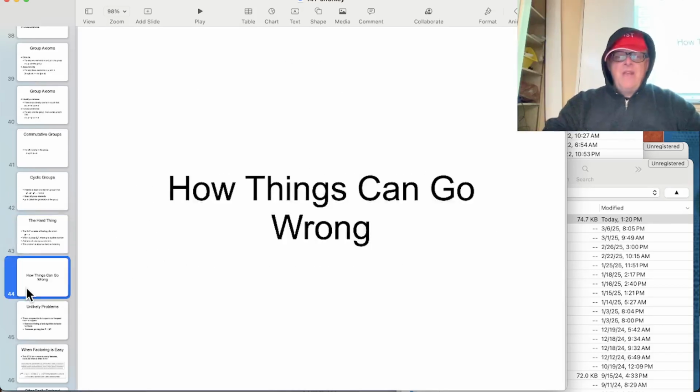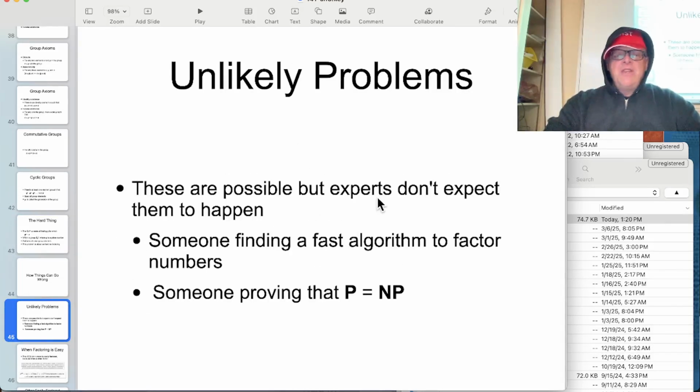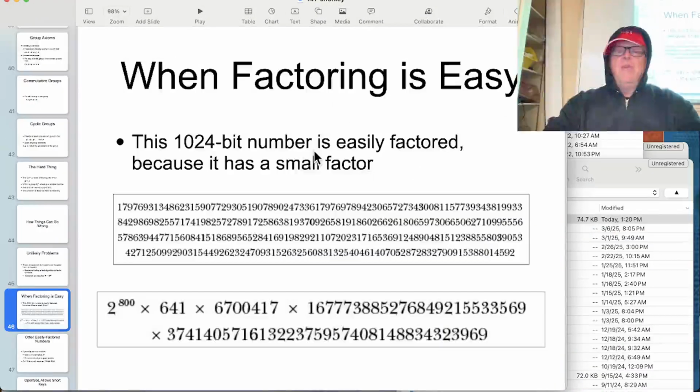Anyway, let's take a look at how things can go wrong. For example, if p equals q, that would ruin everything. Now, nobody thinks that's going to happen, but of course it could. Factoring can also be easy, as I mentioned. This 1024-bit number is easily factored because it's multiple prime numbers, and one of them is small. If you just start dividing by numbers, by the time you get up to here, you'll be able to divide by something. Then it will get smaller, and it'll be easier to find the next one. So if one of the prime numbers is small, it would be easy to crack. And as we've seen in the projects I showed you last week, if two prime numbers are close to each other, then it's easy to crack.